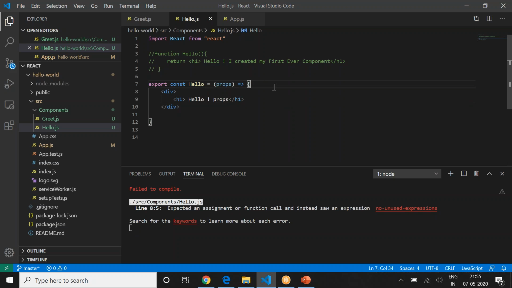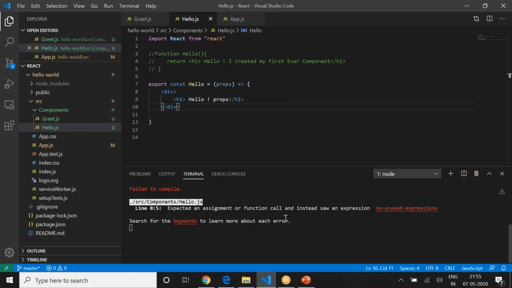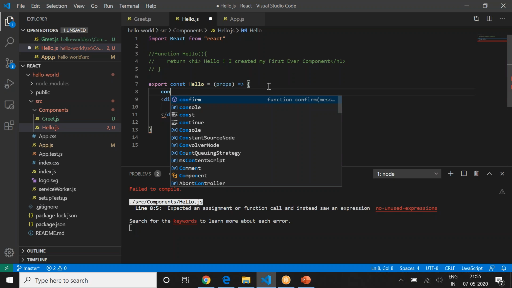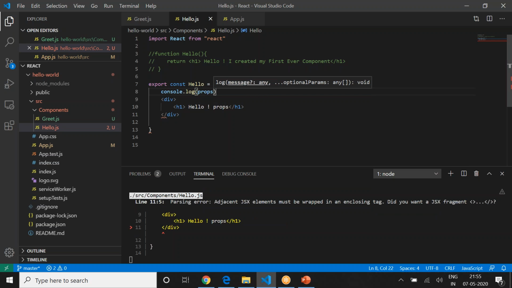Okay. Also, I want to do one thing. I want to console... expect assignment or function. Let's see when exactly is failing. We'll see that. Okay, so here I want to also log something in a console. So I'll just say console dot log. This is equivalent to system.out.println, and we'll say props. With this,